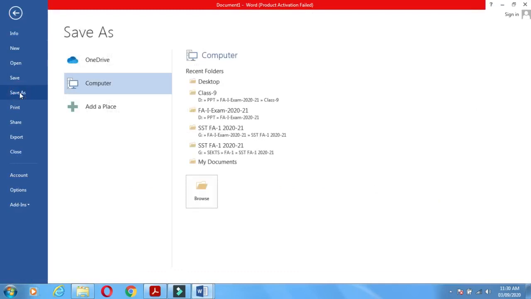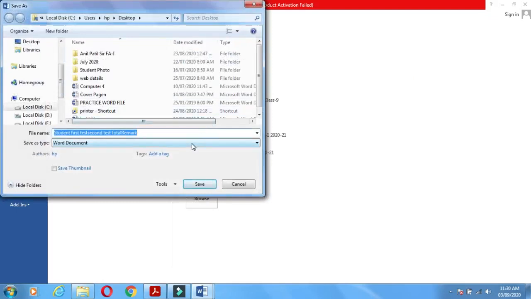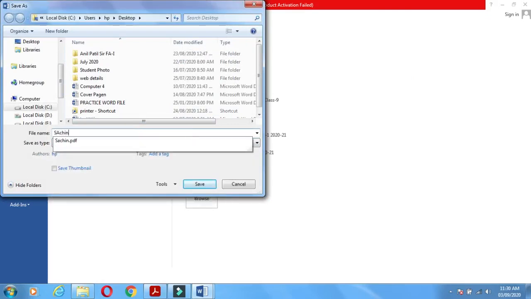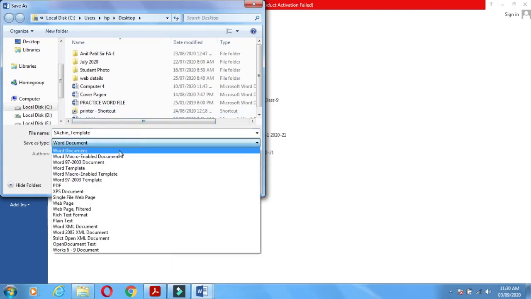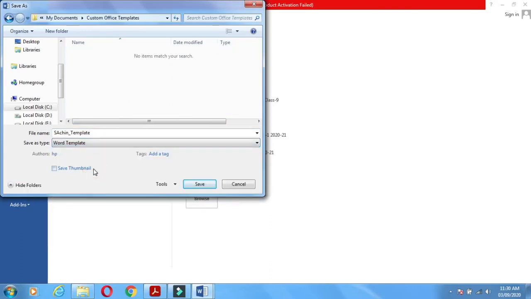Here, file, save as, in computer, and here you can give your own file name, template, and you choose word template.